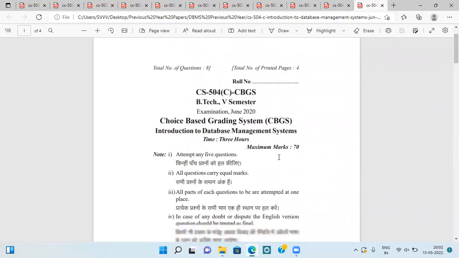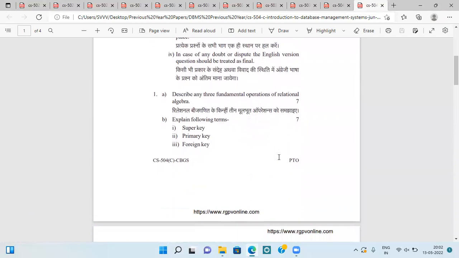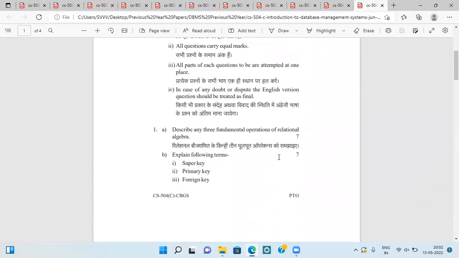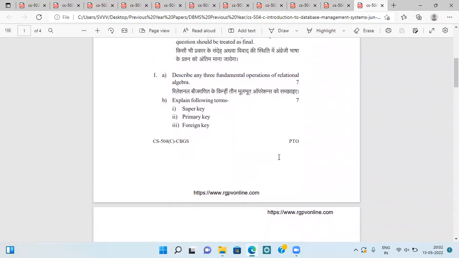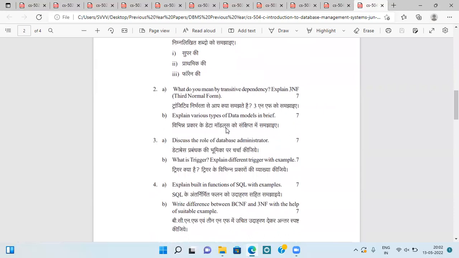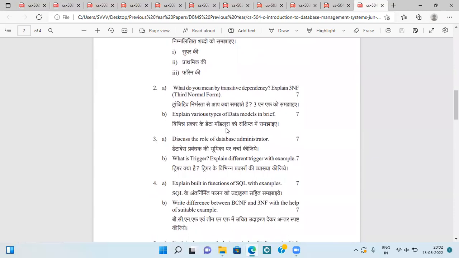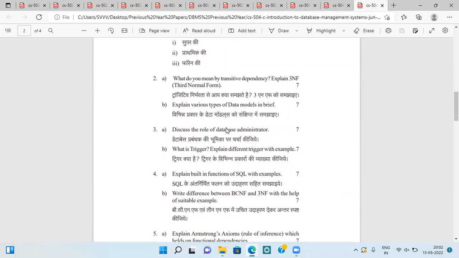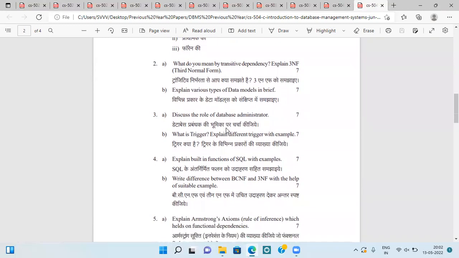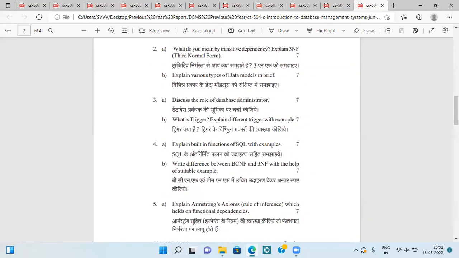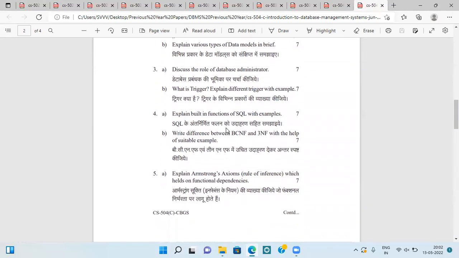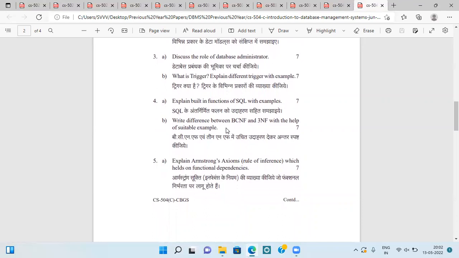Next is of June 2020 once again, and they are asking about any three fundamental operations of relational algebra, super key, primary key, foreign key के बारे में लिखना है. Then we have to identify transitive dependency और 3NF को explain करना है. Then various types of data models explain करने हैं, roles of database admin, triggers, built-in functions of SQL with example,